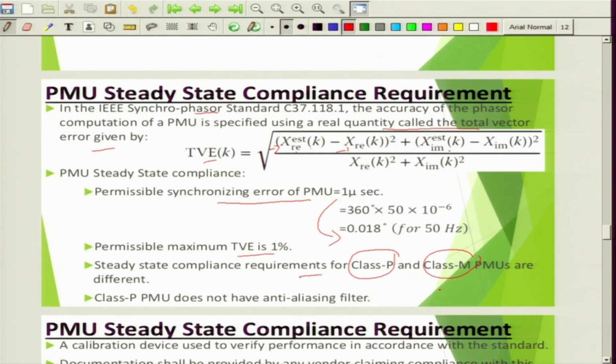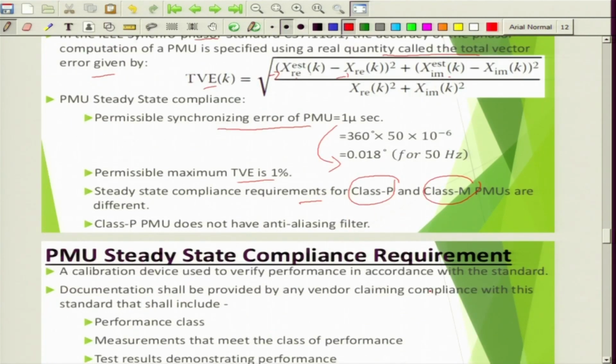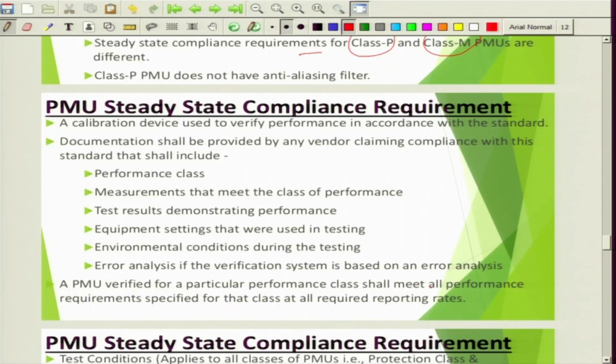So class P PMU does not have an anti-aliasing filter, because if you keep on adding filters there could be some delay in measurement. A calibration device is used to verify performance in accordance with the standard. Documentation shall be provided by any vendor claiming compliance with this standard, that shall include the performance class, whether it is class P or class M, and measurements that meet the class of performance, test results demonstrating the performance, and equipment settings that were used in testing, and environmental conditions during the testing, error analysis if the verification